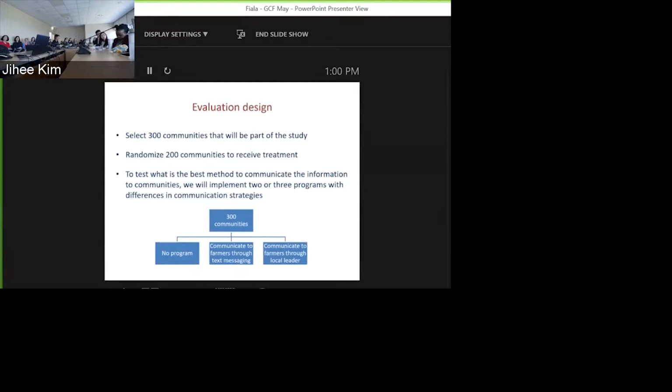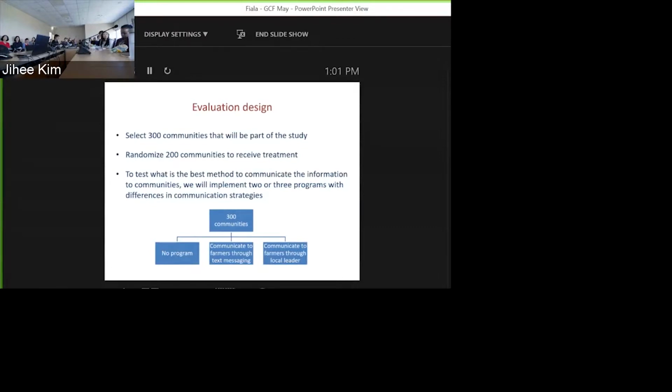There are lots of things that could be affected by this. If you don't have a phone, text messaging may not be very reasonable. If you don't believe your text messages, because I think all of us are tired of getting text messages all the time, right? People tend to ignore them. Are there ways to get people to pay a little bit better attention to these things? Both of these could have impacts on who receives the program, or who's actually taking up the program, that is, how seriously they take that information that's received, and whether or not they want to even act upon it. So there's a lot of what I would say first stages here, just trying to understand what gets people to even take up our programs and use them in the way that we think they should be using them.